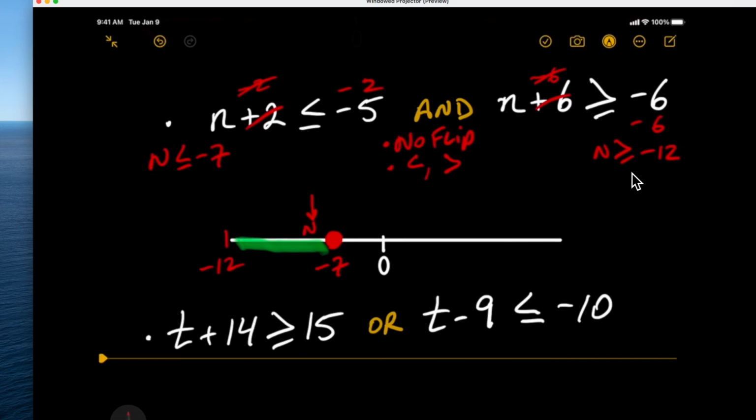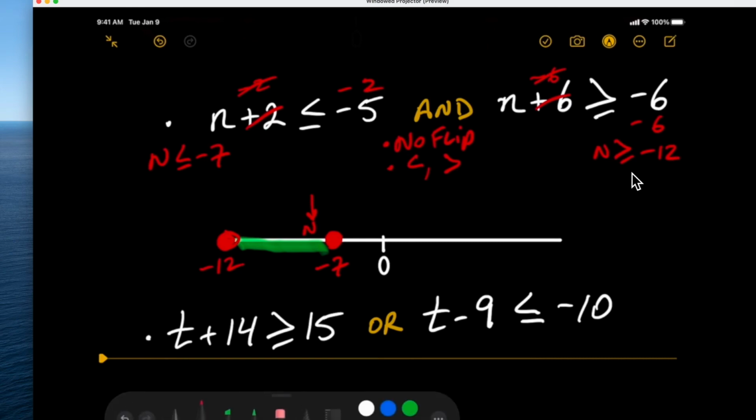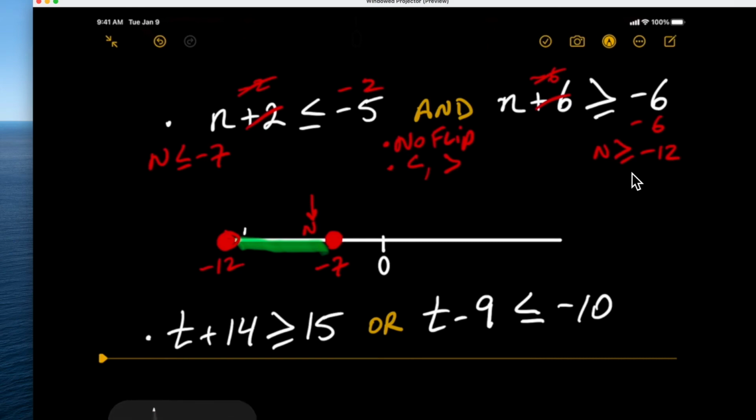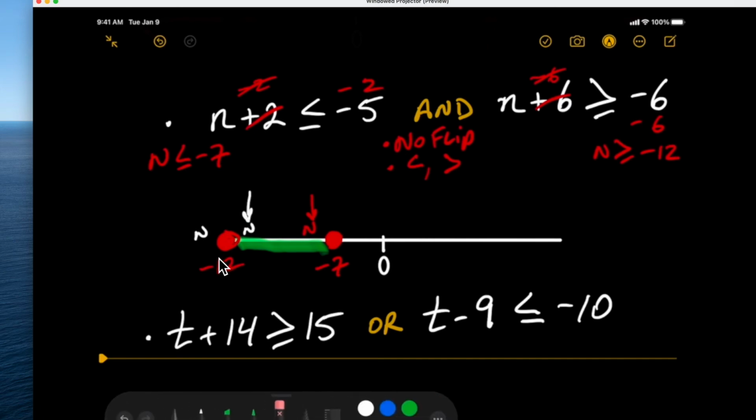Because it's a greater than or equal to sign, we're going to do a closed circle. We're going to put a miniature n, let's use a different color so we're not confused, a miniature n on both sides of that circle. They're looking for the region where n is greater than negative 12. Which of these two n's is greater than negative 12? It's going to be this one. So we discard the other one, and we're going to shade the region that contains